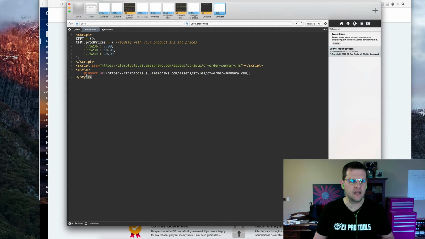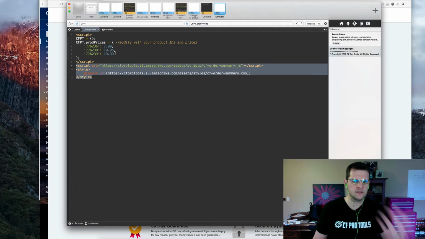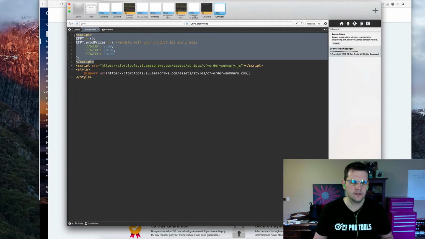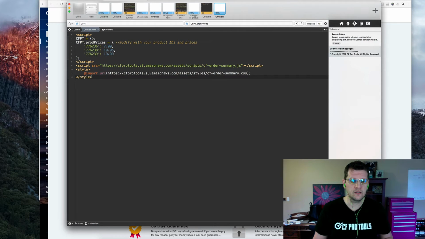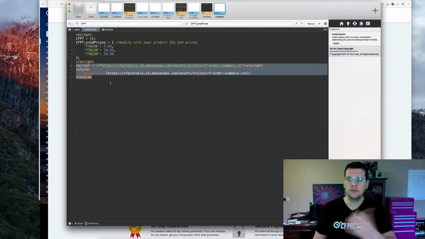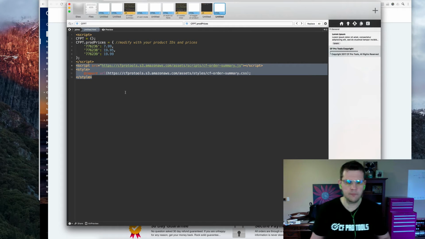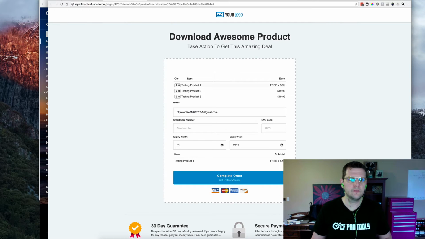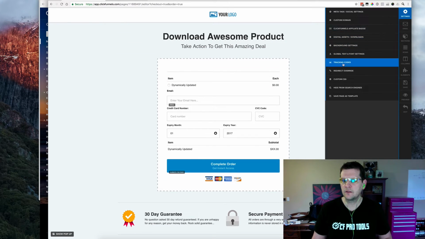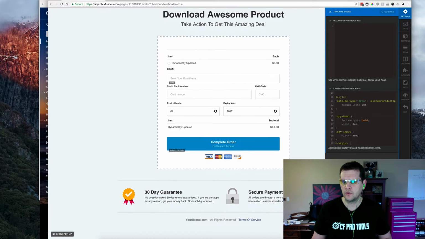If I didn't have anything but price, I could just grab the actual script. It's real simple. It's just a few lines of code. The top half here is configuration specific to your order form. These chunks of code are simply the pieces of the order summary script. So if I just grab those and drop them into my settings, tracking codes, and scroll down to the bottom here, this is my script for the cart mode. If I just go down to the bottom and add a couple new lines